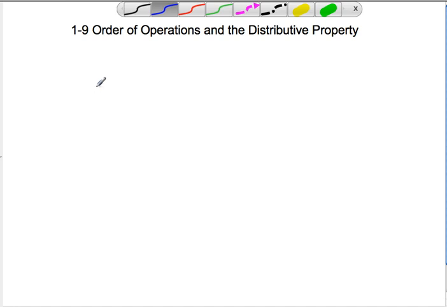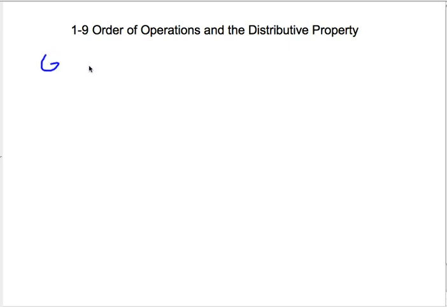In this video, I'm going to talk about the order of operations and the distributive property. Now, the distributive property has a lot of awesome applications, and in this video, I'm just going to talk about one of the applications, which is mental math, but we're going to start with the order of operations. So, as most of you know, the order of operations is grouping symbols first, and that would be things like